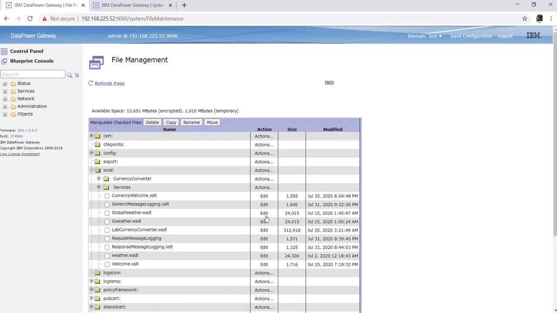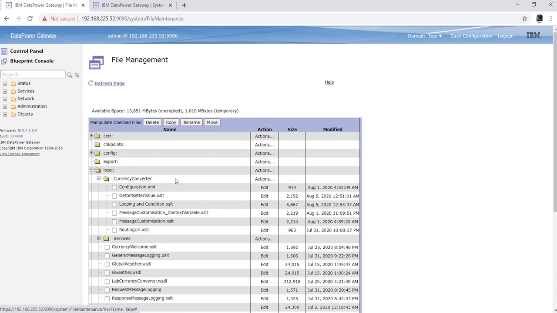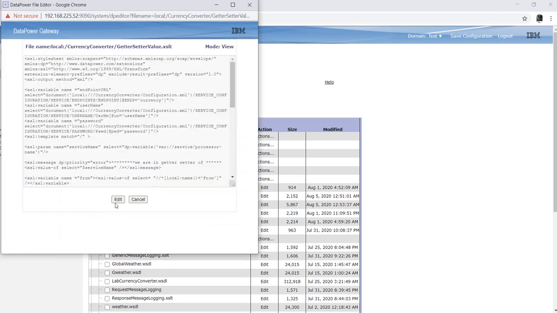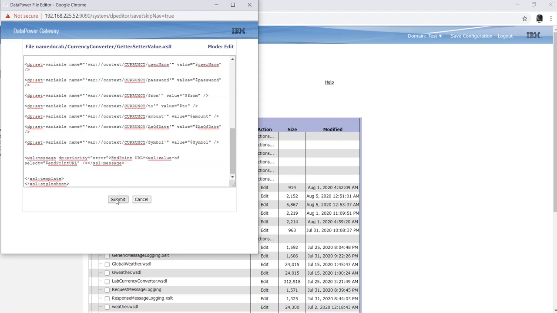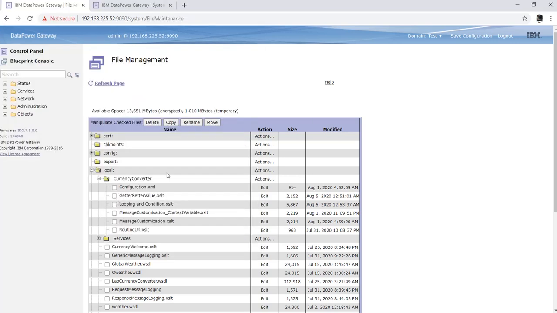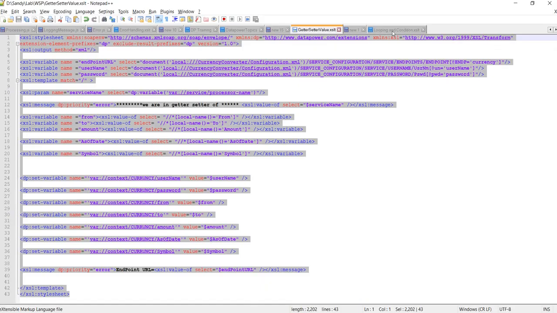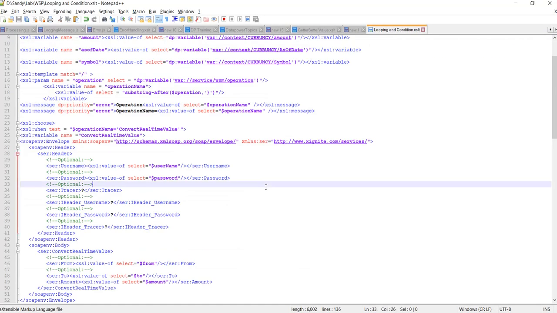I already uploaded this getter setter file. We just made a small change, so we'll update this one. Now I already uploaded that file. This is looping and condition. So let's go to this XSLT file. Okay, so as I told you,